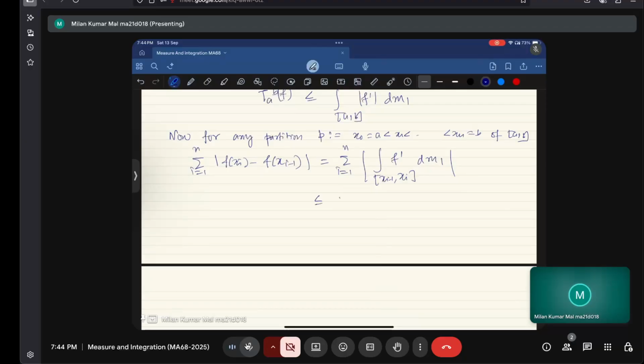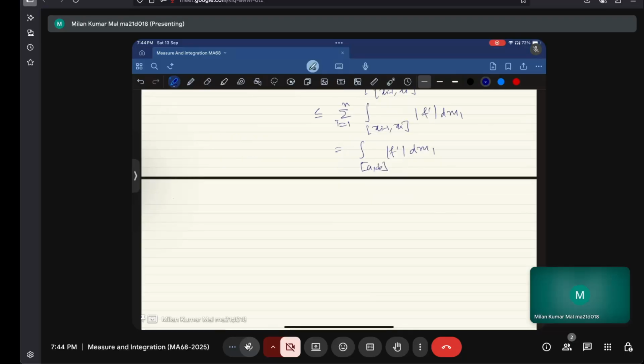This one is less than or equal to summation of i equals 1 to n, integration from xi minus 1 to xi of mod of f dash dm1, which is equal to integration a to b of mod of f dash dm1. But this is true for every partition. So, as this is true for every partition,